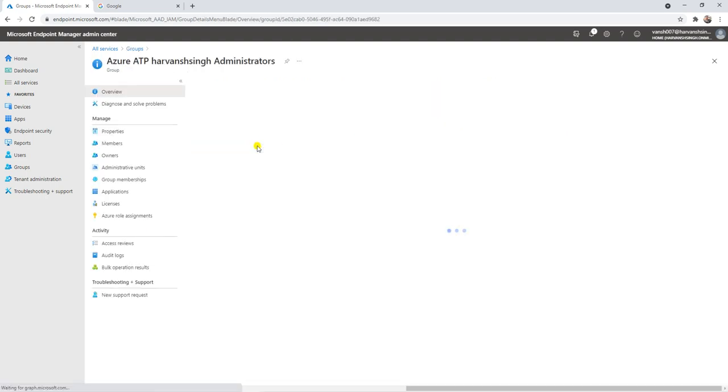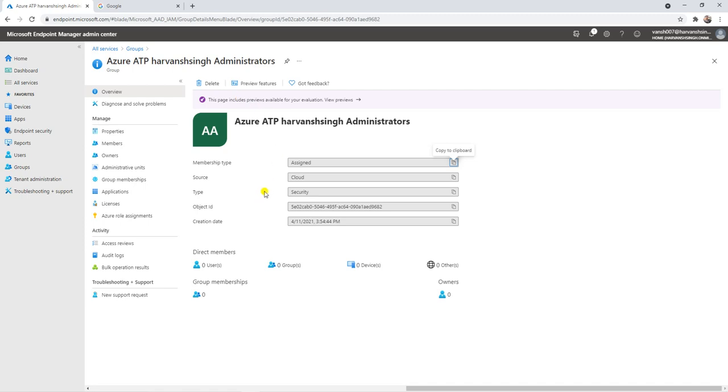If you want to check the details, you can click on any of the groups and check what kind of group it is and what rights it has. It has membership assigned, source type is cloud, security type is security, and the object ID is this, along with when it was created. Direct membership is 0, groups is 0, and devices is 0.